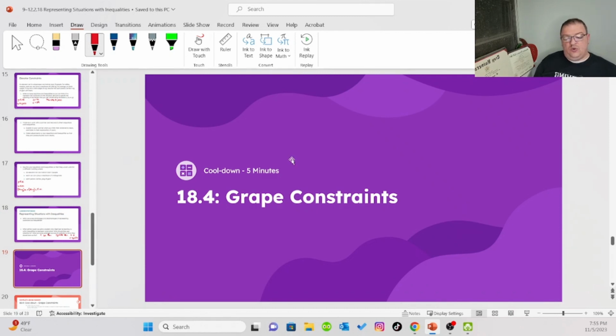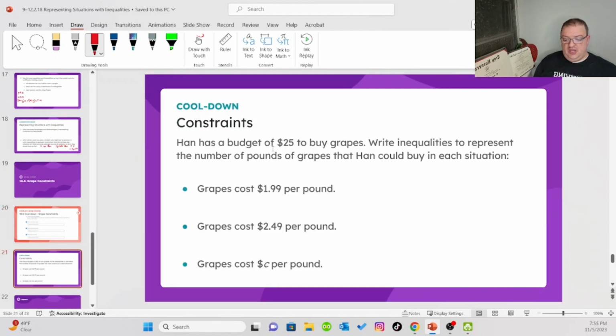And finally, our cool down should take you about 5 minutes. You can do it on Kitum. 18.4, titled Grape Constraints. Han has a budget of $25 to buy grapes. Write inequalities to represent the number of pounds of grapes that Han could buy in each situation. So, if grapes are $1.99 per pound, we can say